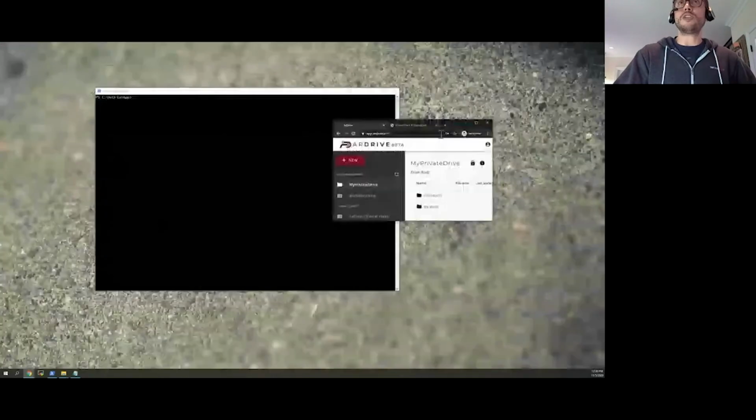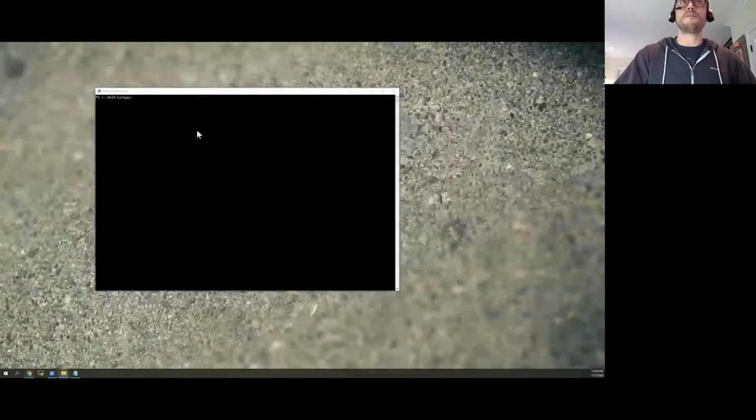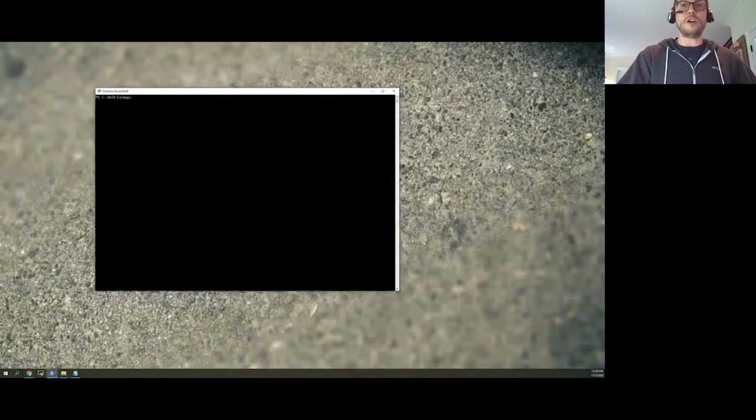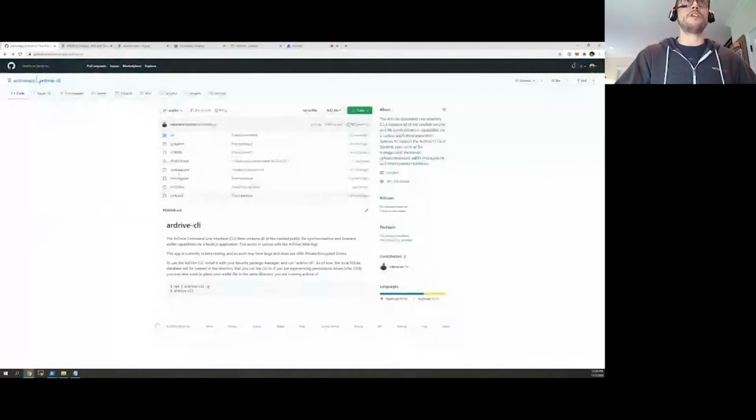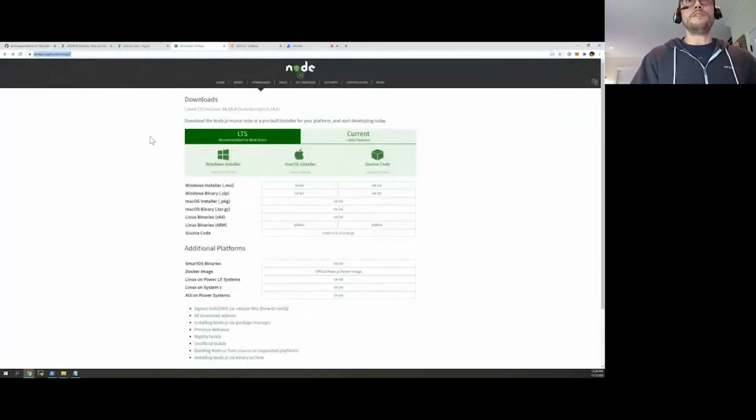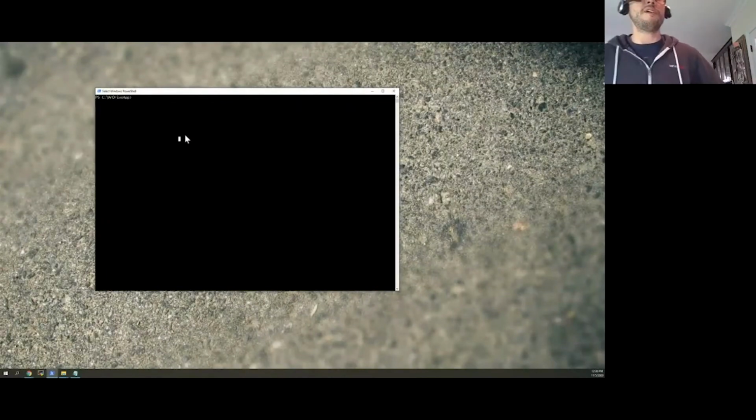So let's actually minimize this, and now let's go to our command line. Before I get right into that, just to show a couple things. First, for our command line, you can go to ArDrive app /ArDrive-CLI on GitHub and take a look, right? You do have to have Node.js. It's very, very easy to install. I was not familiar with it at all until a few months ago, but it's easy to install on Windows, Mac, etc.